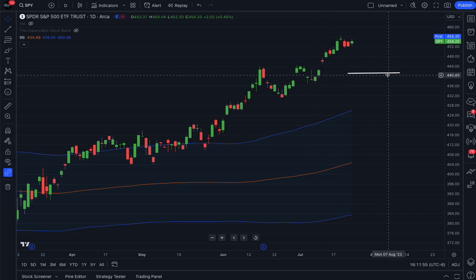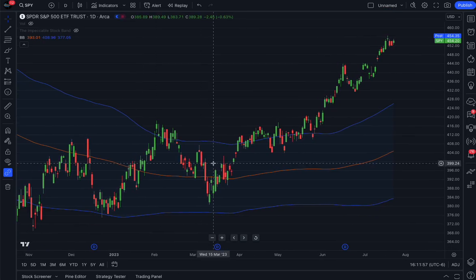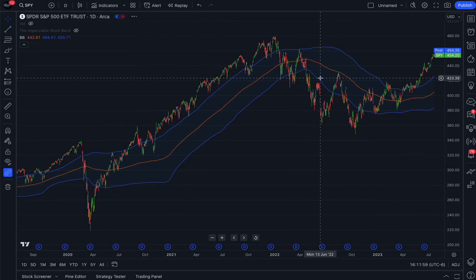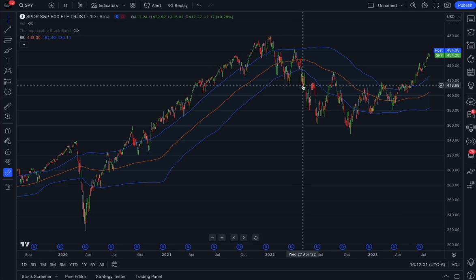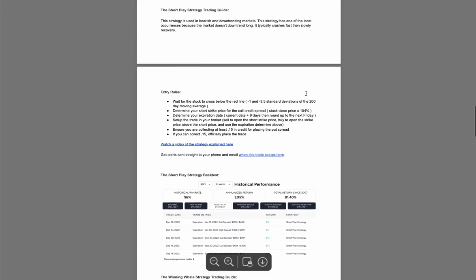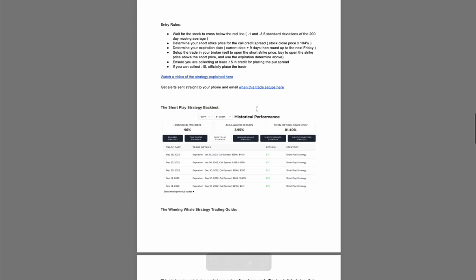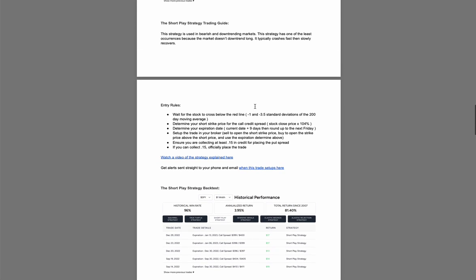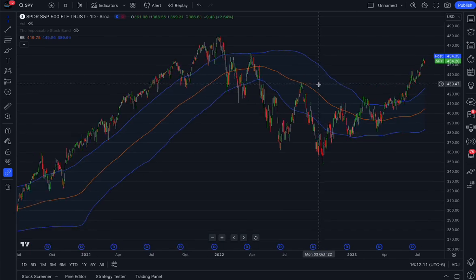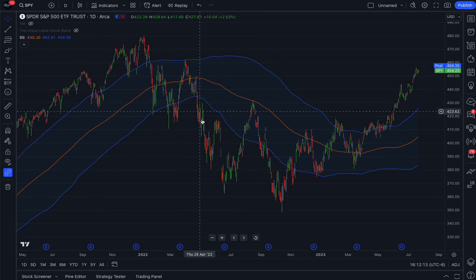Anyways, last but not least, the final strategy. We can make money in sideways markets and uptrending markets, but guess what? We can also make money in downtrending markets when the market is headed down. That is going to be right here, the short play strategy. This short play strategy has about the same rules as the other one, but we're going to do a less time intensive approach. So for instance, once it breaks below this blue line, we are now good to go